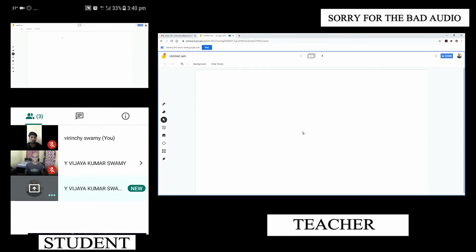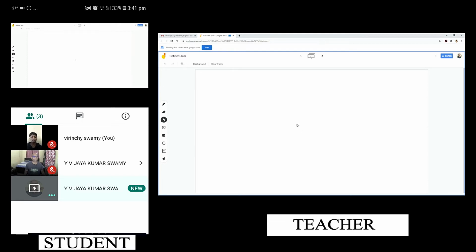You can share the Google Jamboard to students using Gmail ID, account ID, or you can even share the Google Jamboard from your site. And if you want to share the Google Jamboard to your students, you can also share it, but the problem is in Google Jamboard you can't communicate with the students using video. So that is the reason why you can use Google Meet and share the screen, Google Jamboard, so that students can see what you are writing on the screen.